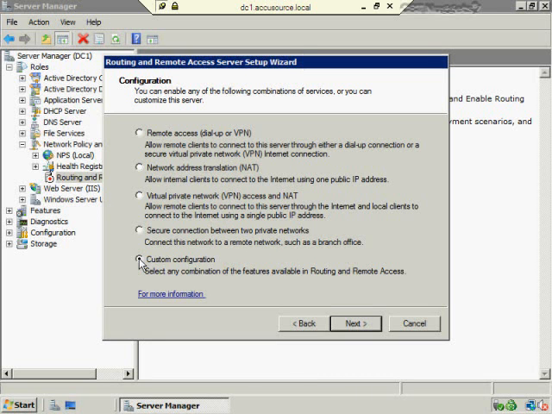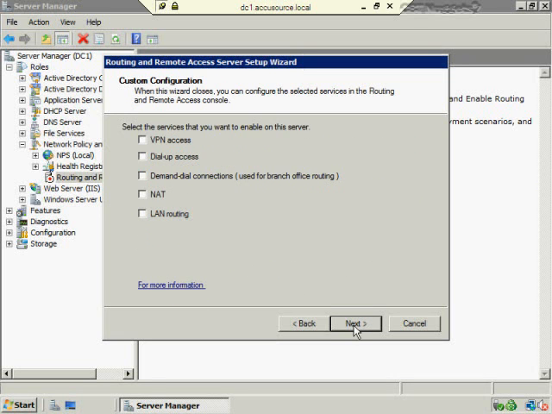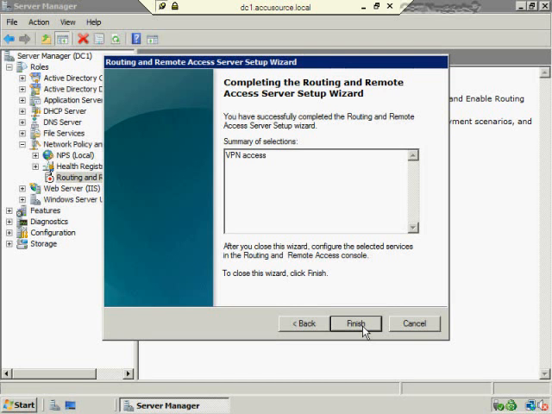And again, the only reason I'm choosing custom configuration is that I don't have 2 interfaces on 2 separate networks to work with, like I would in most production networks, so that option would not be practical. But otherwise, I would choose it. Here, I'm going to choose a custom configuration and say that I only want VPN access, because the first option that we saw in the earlier dialog box would also include things such as LAN routing, and that's not my objective here. So I'm just going to choose VPN access, and then I'm going to go ahead and finish this